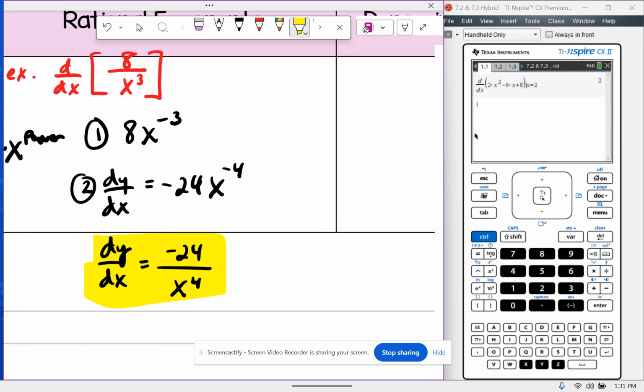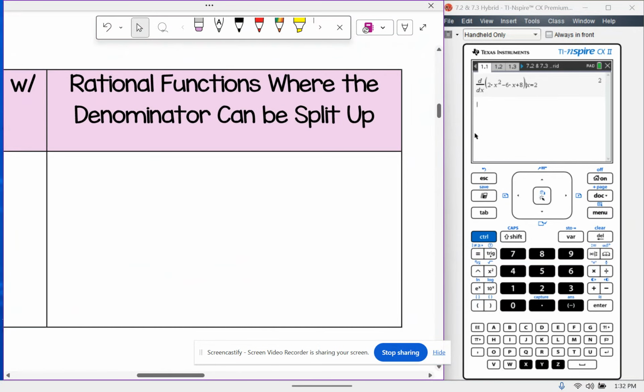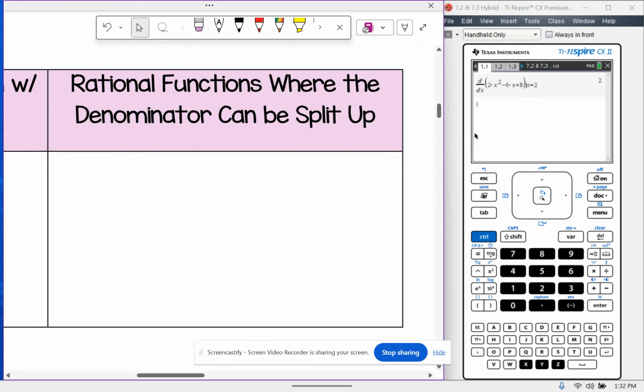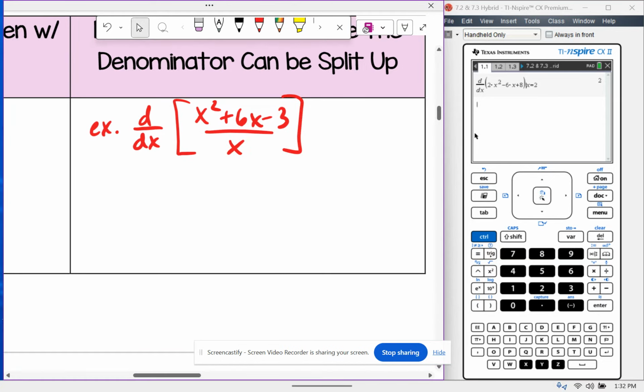There is a third and final way that we can rewrite scary things to try to use the power rule because it's the easiest. The other scary scenario over here is rational functions where the denominator can be split up. So for example, we would have something that looks like this. X squared plus 6x minus 3 over x. So what you would do here is, you know when you have x squared over x plus 6x over x